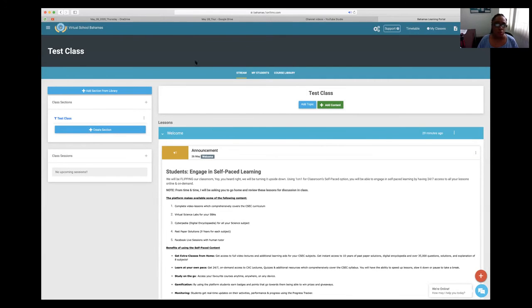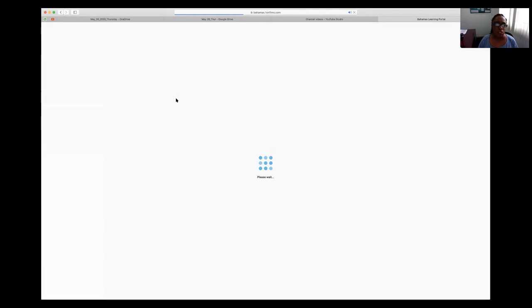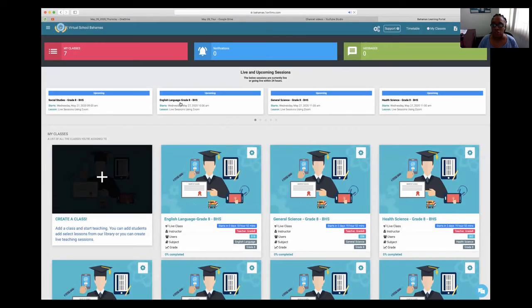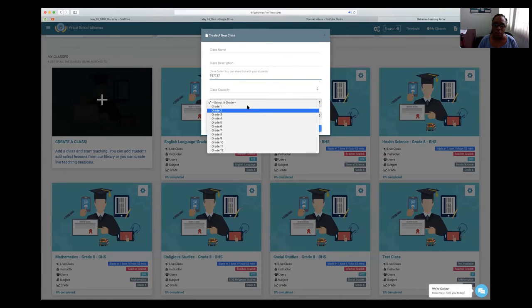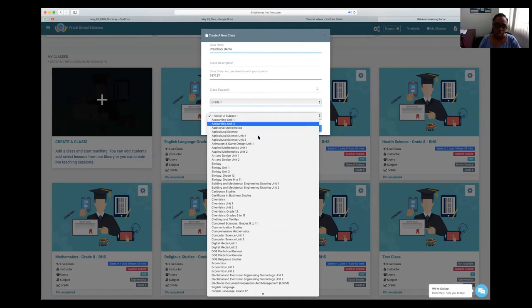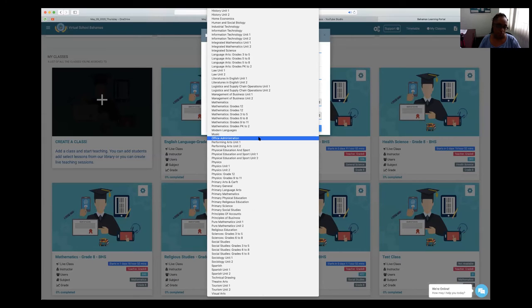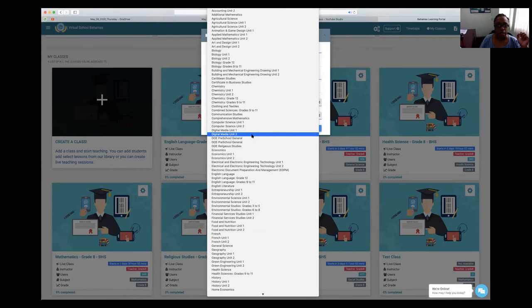Let me go back out to my dashboard. A lot of persons, I know persons from Guidance Council as well, we've requested those additions. You go in to create a class, and if you don't select a grade, you can go right ahead with grade 1. We could call it our preschool demo class, and then you can pick a subject. Now for this, we're also working on them to create general subjects for what we call generalist classrooms, but let's go with